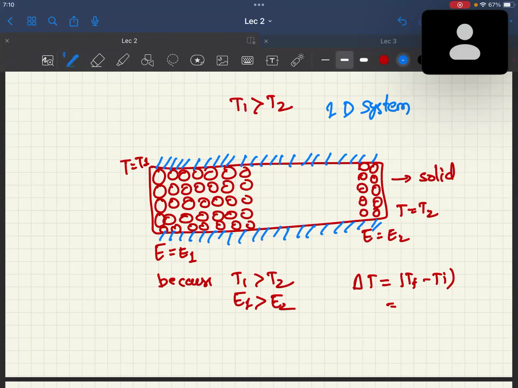Now due to the collision, these molecules are going to transfer heat to those particles whose temperature is lesser than theirs, and that is what is called conduction. Now in the presence of temperature gradients, the energy transfer must occur in the direction of decrease of temperature. So the energy transfer occurs in this direction,